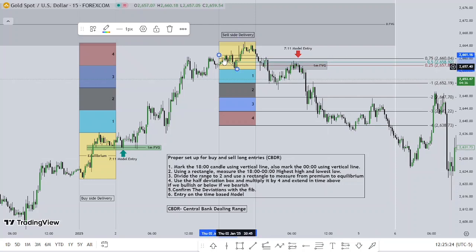This range here, the discount range, there's a 50% here, which is this one. Look what we have here. We have a fair value gap here, and the price traded above the fair value gap. You see here, traded above the fair value gap, and also we have our 7 a.m. model. As I said in my previous video, you can check our video where we trade the 7-11 model using the 7 a.m. candle and the 1 a.m. candle. So this model can just give you the bias for the whole day if you backtest it